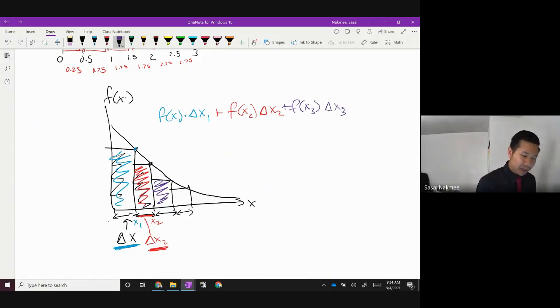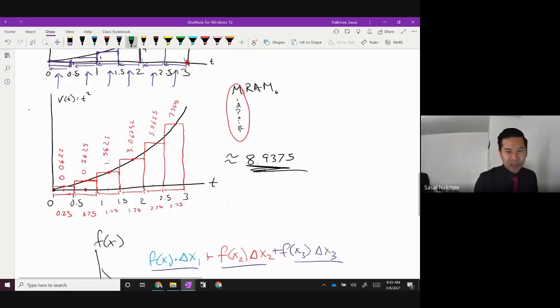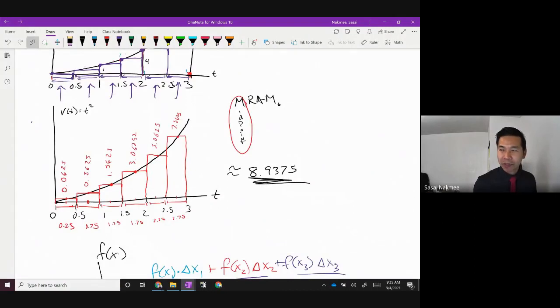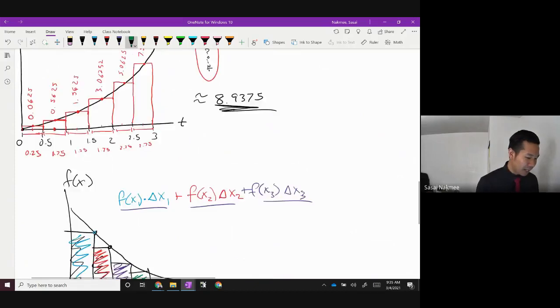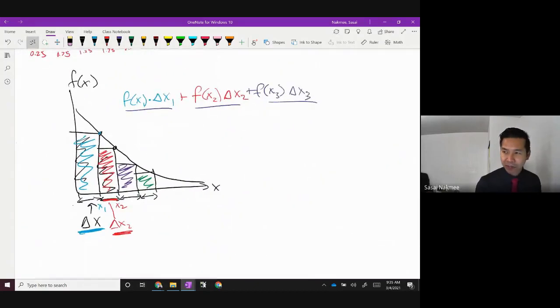So when you think about this, the area that we're approximating underneath this curve is basically the sum of these rectangles right here: this blue, this red, this purple, and then this green. We're summing up these rectangles, and we call this Riemann sum. Traditionally, we just say it's rectangular approximation. That's what we mostly assume the R stands for, rectangular approximation, but we give credit to this guy named Riemann. He was the one who came up with this method.